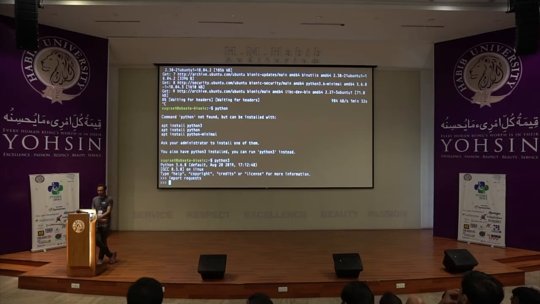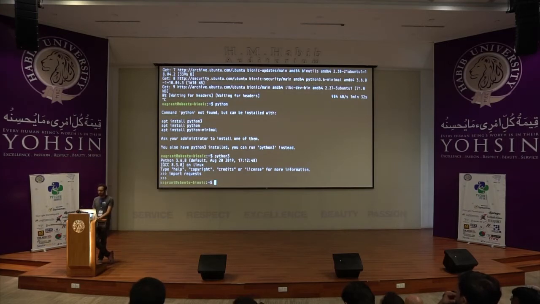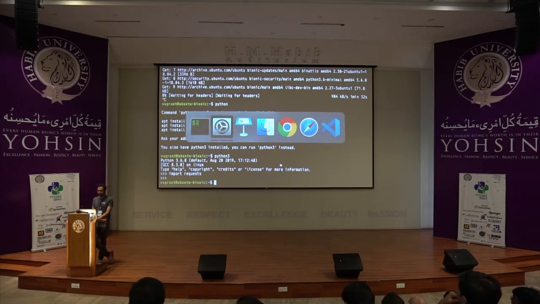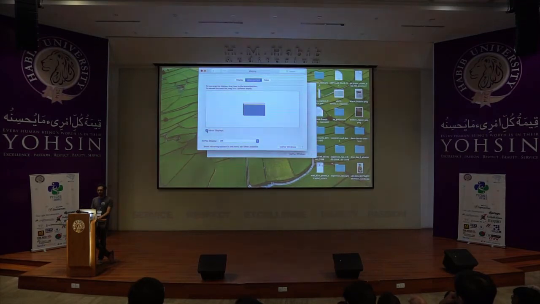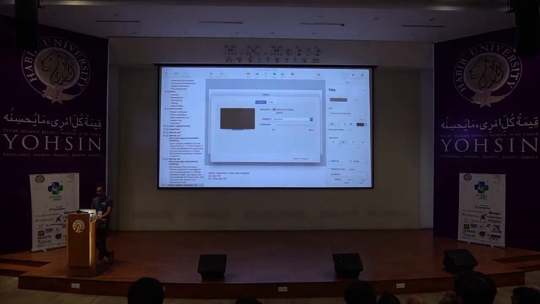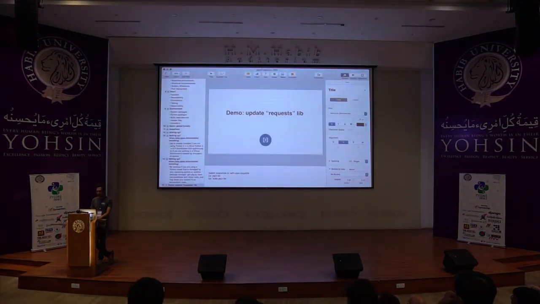Magically have it, but you shouldn't have it. And then if you need a new version request, how do you update it? So there's all sorts of questions going on. And the trick is you want isolation, right? So you want to actually have a new version of your libraries, and